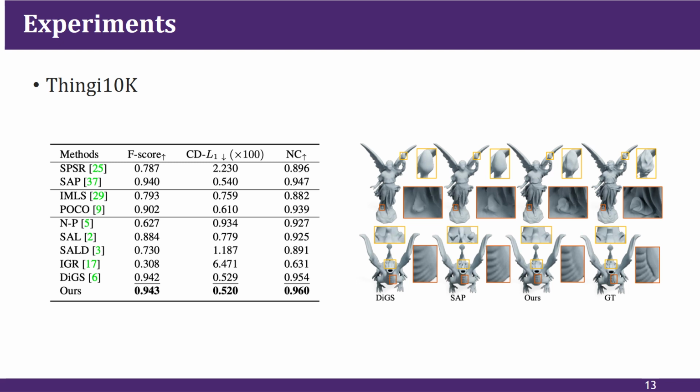Although DIGS uses the Siren's neural structure for high-frequency representation, it still has difficulty in fitting the fine structures, since the points in these regions have not been adaptively sampled as many times as ours due to its uniform sampling strategy. See the abdomen of the dinosaur, shown in the figure. Though SAP could successfully reconstruct an accurate surface, it occasionally creates artifacts.